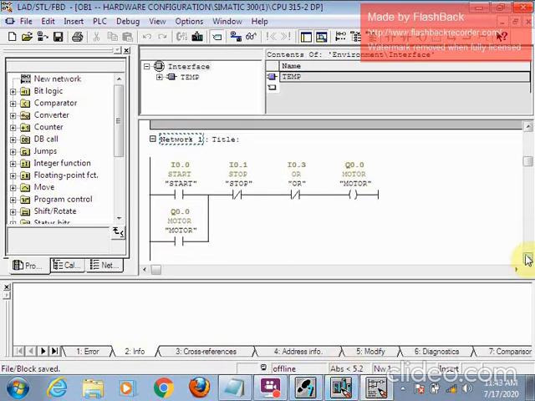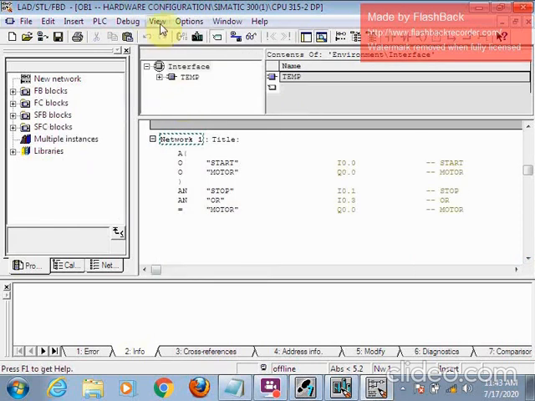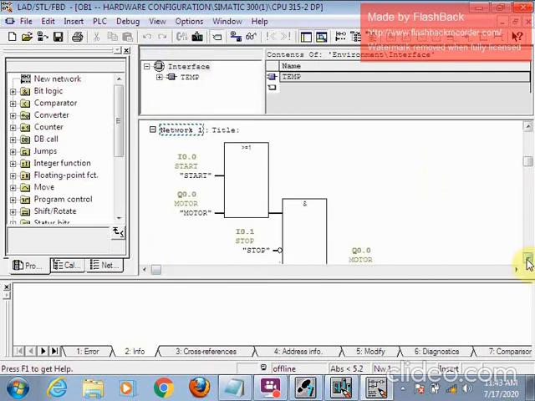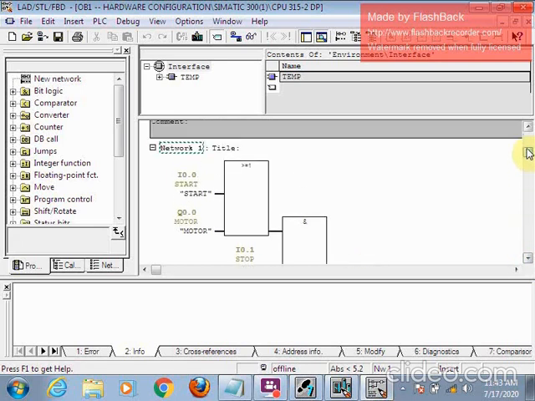Friends, I have made a logic here in ladder. You can also view it in STL and FBD. Basically, ladder is used with the normally closed contact.